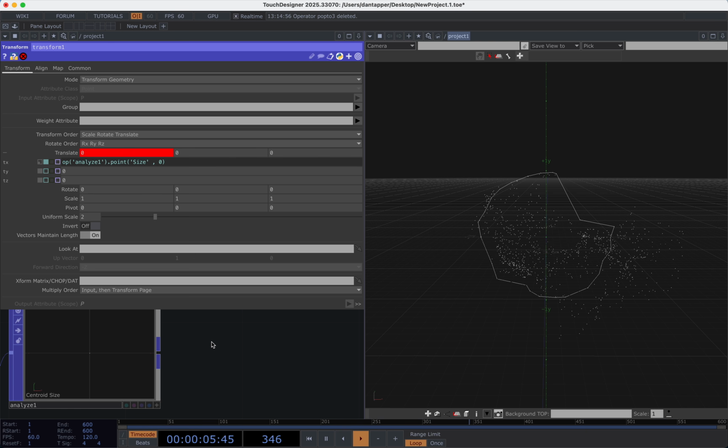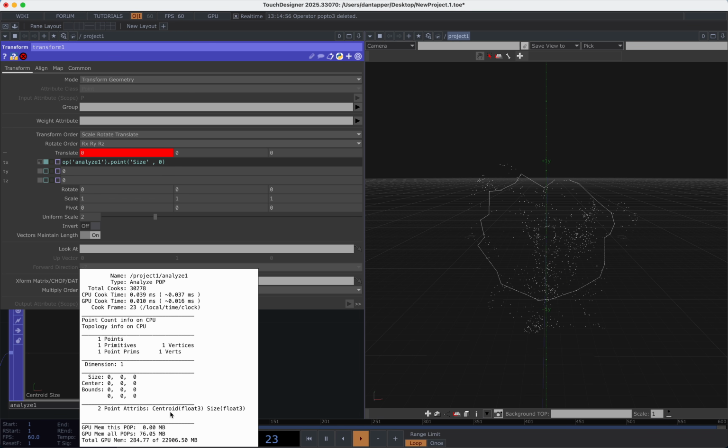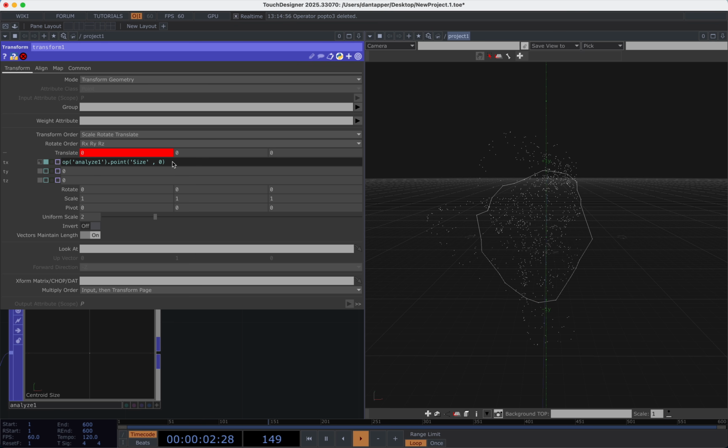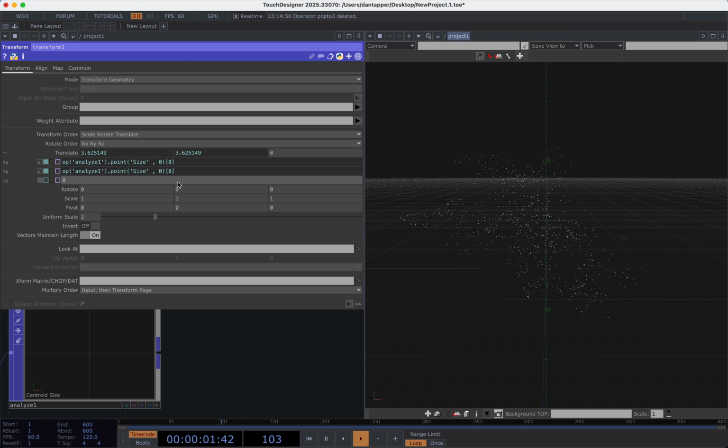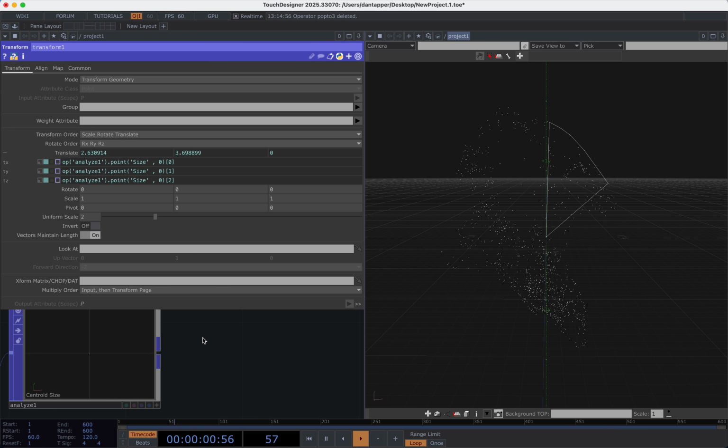If we just write this, we're not going to get any value coming through. And that's because we can see here that it has a float 3 values. So it has 3 values packed into that attribute. So to access the first index, we can do 0. And that's going to change the centroid for the X. For the Y, let's go for 1. You can see it's a little bit different. And for the Z, let's do that too. Right now we're not working in 3D, but it's useful to have, so we can see that that sticks at